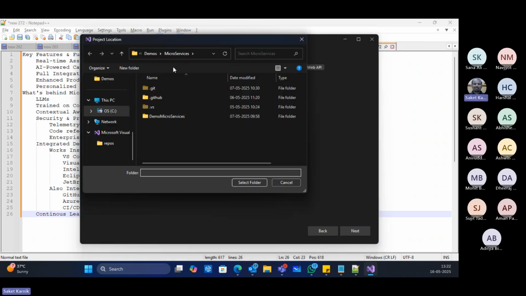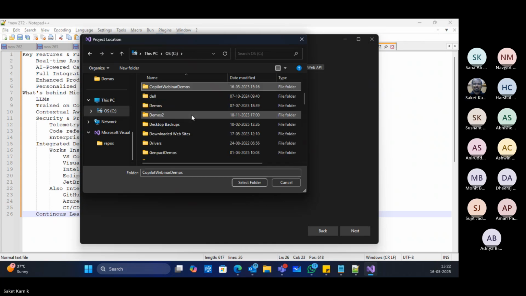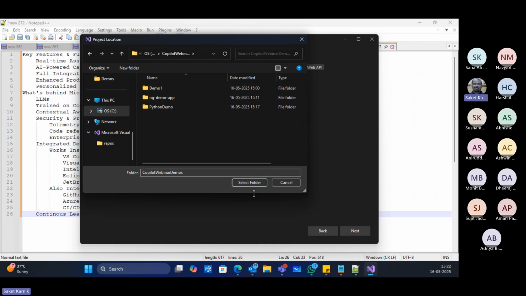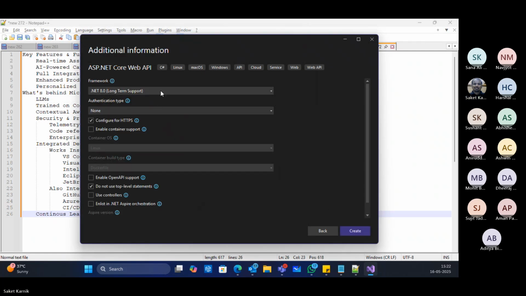And let me change the location to C drive, Copilot webinar demos, select folder, next. This is the framework of my choice, .NET 8, configure for HTTPS, OpenAPI support I need. I need a controller based API, not a minimal API, and create.